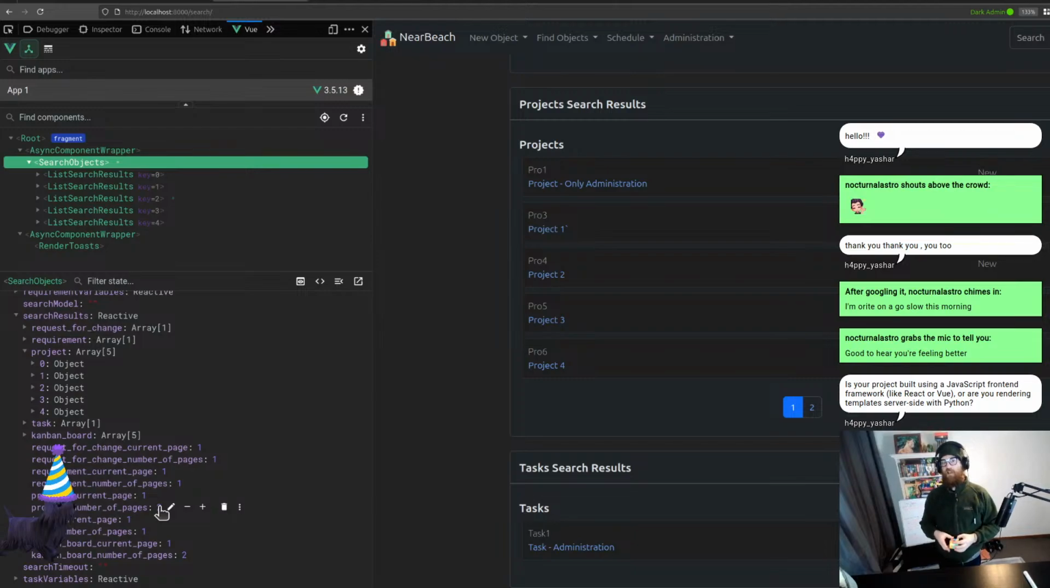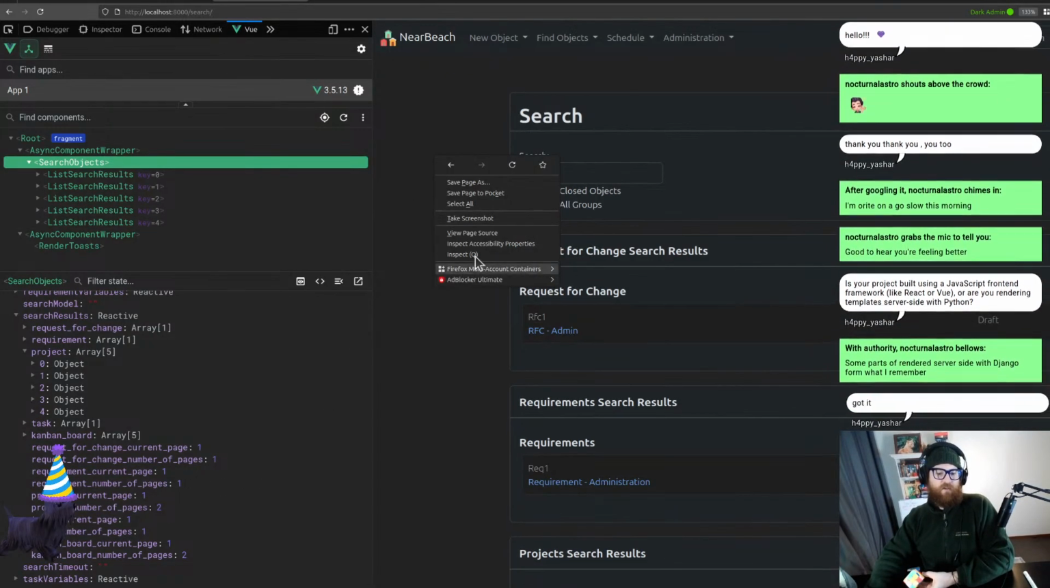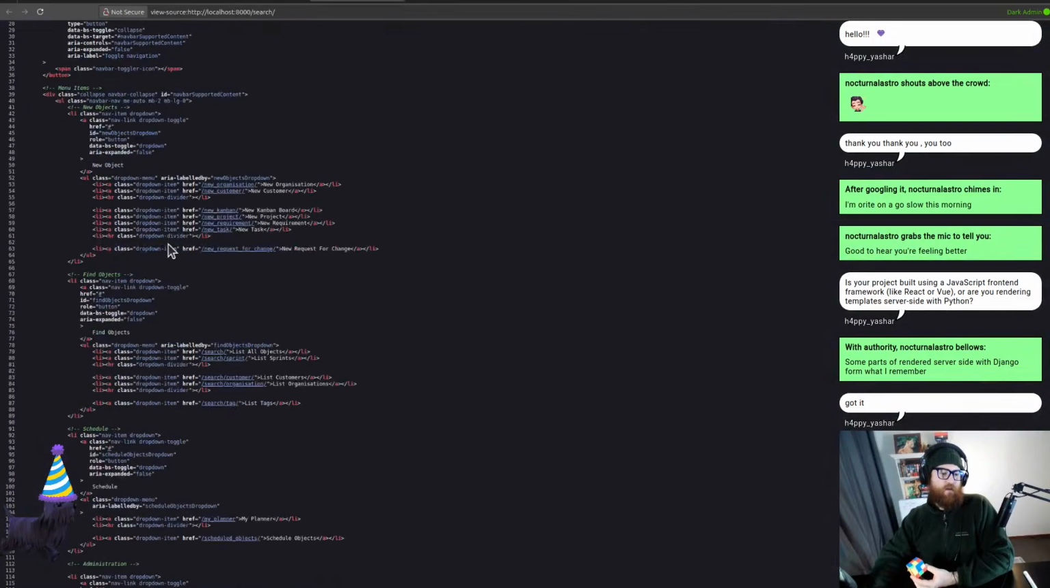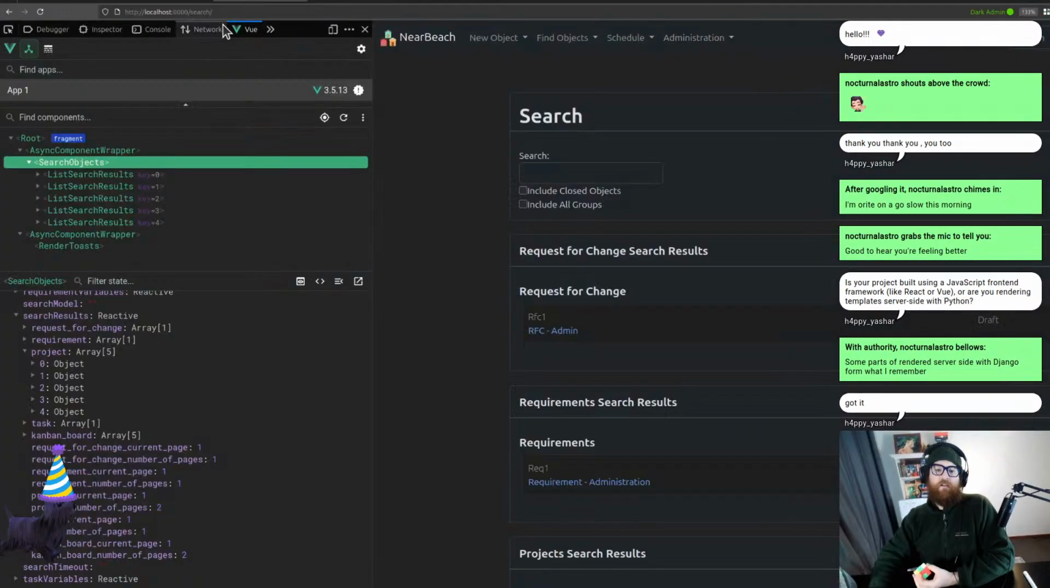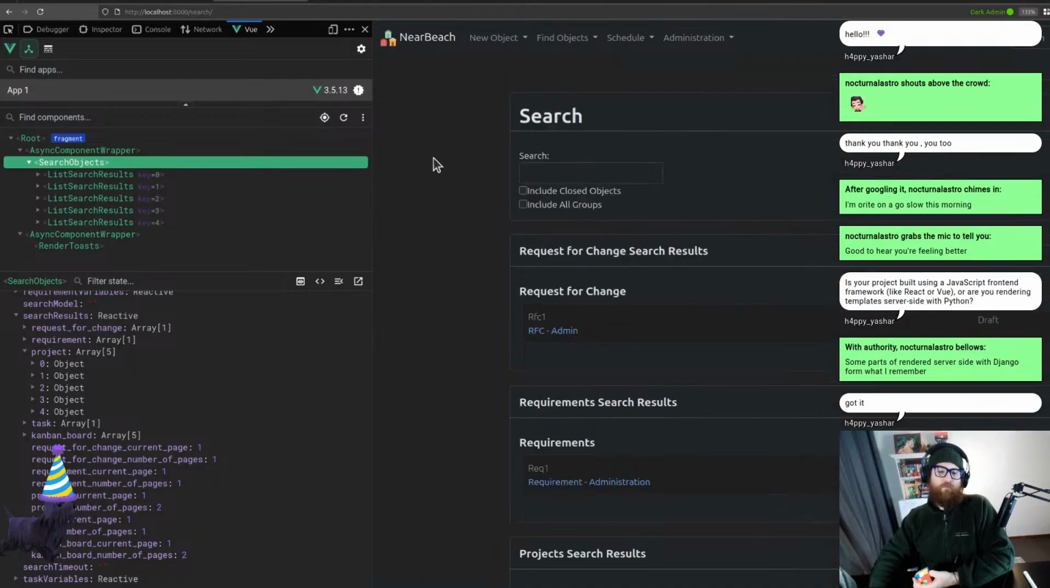And I just send JSON to the front end. Yeah, so the parts that are rendered server side is pretty much the page. So if I right click here and view page source, it's all the nav bar at the top, it's the footer at the bottom,